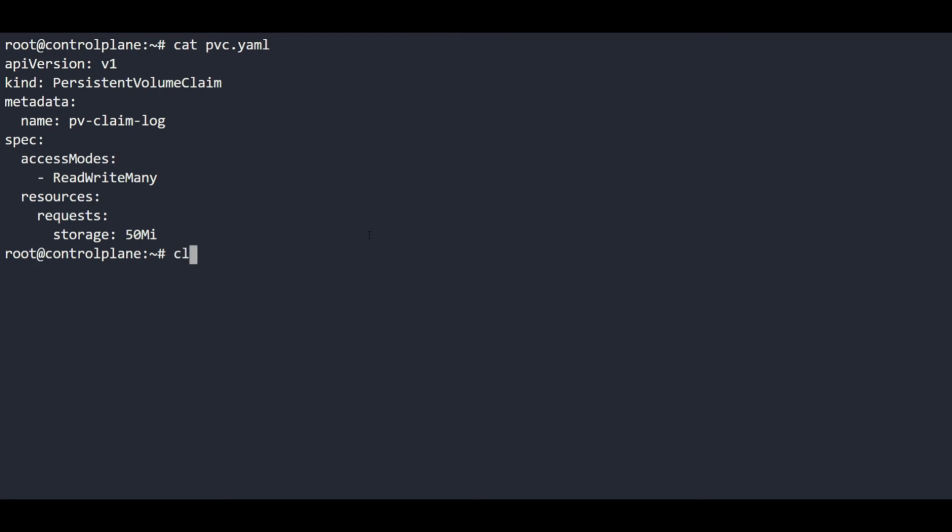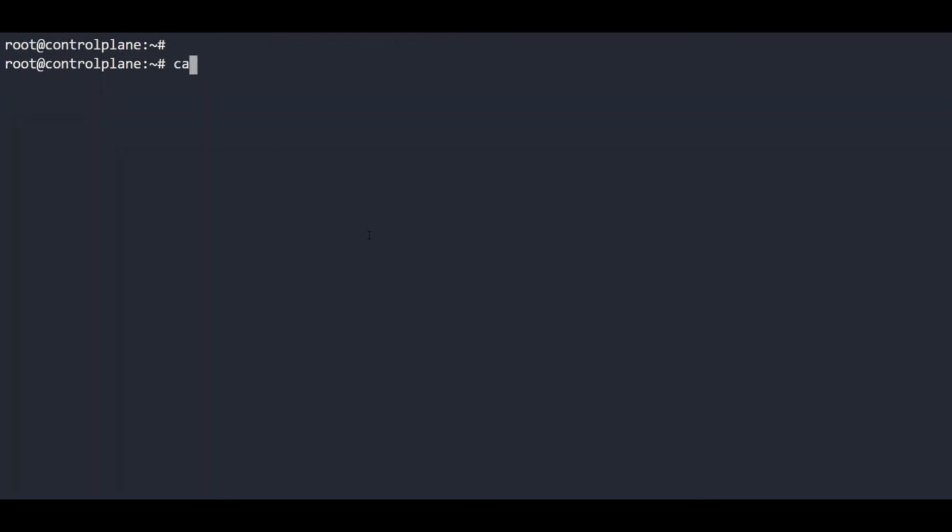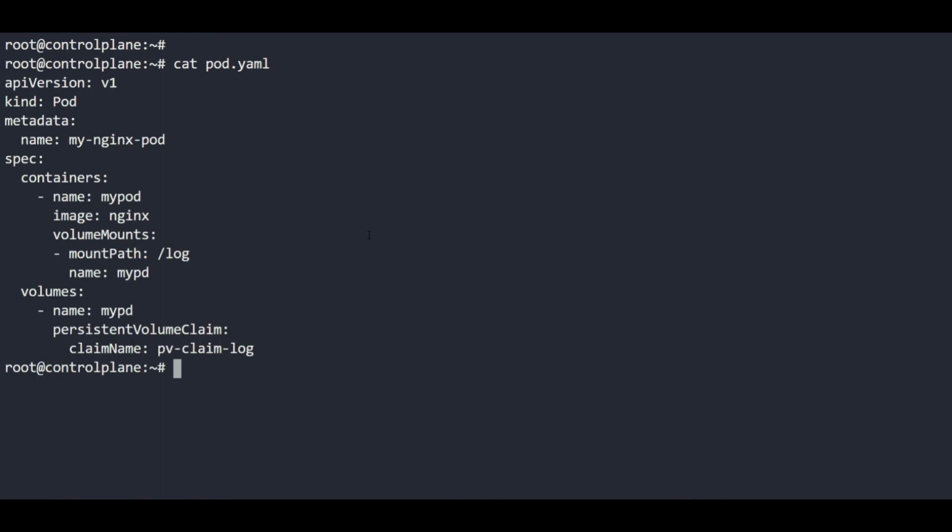And the pod, let's clear the screen again. cat pod.yaml. It has its own path, /log, and it is using the claim pv-claim-log, which is going to be bound with the PV using the /pv/log path. So all things are clear.